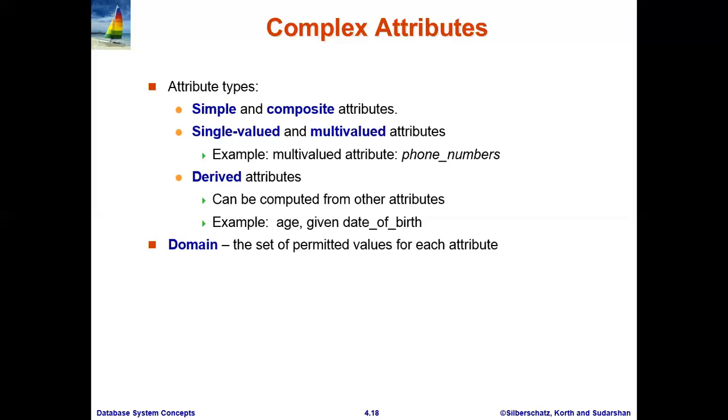Now, when we consider a table, the attribute also has a value set, which is called the domain of the relation or domain of the table. Domain is nothing but a set of permitted values for each attribute. So understand clearly, domain is that value which is a permitted value for each attribute.